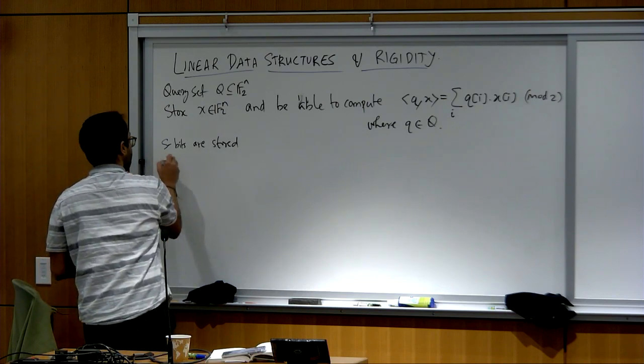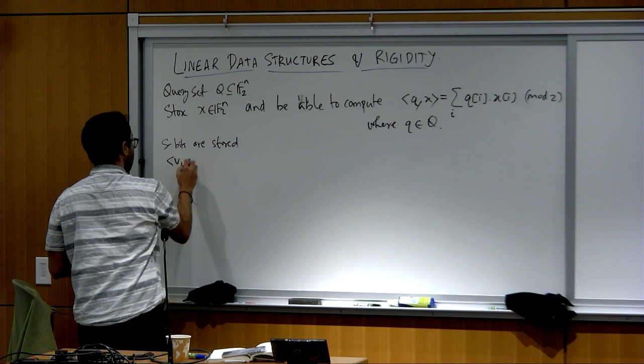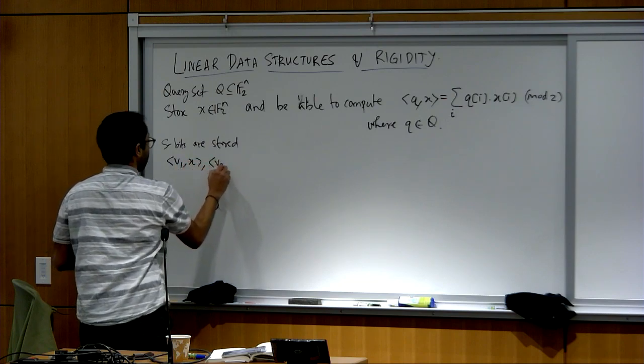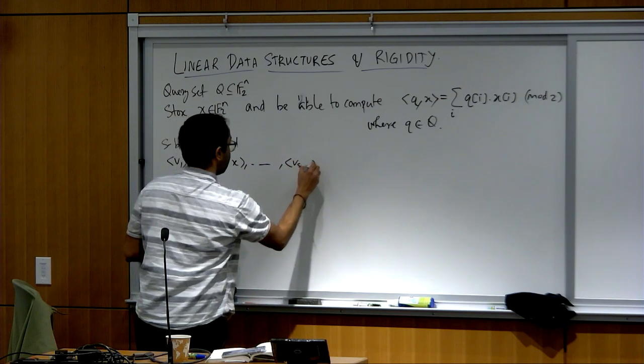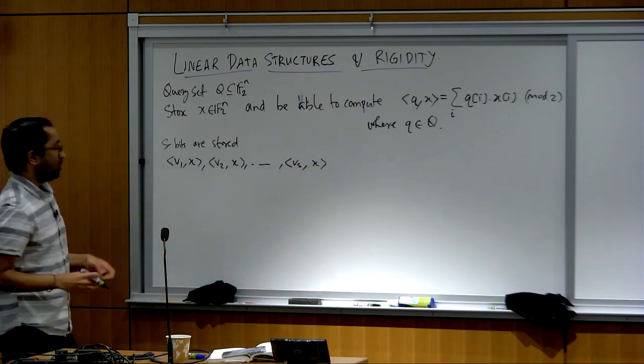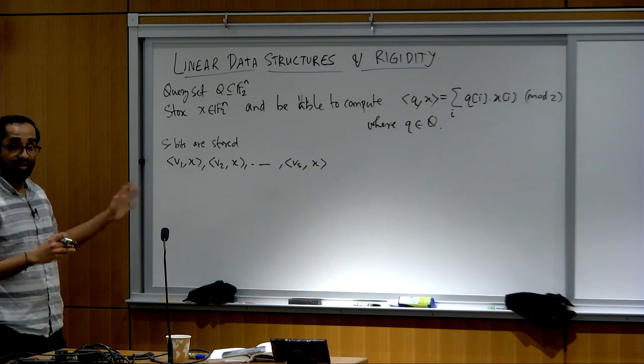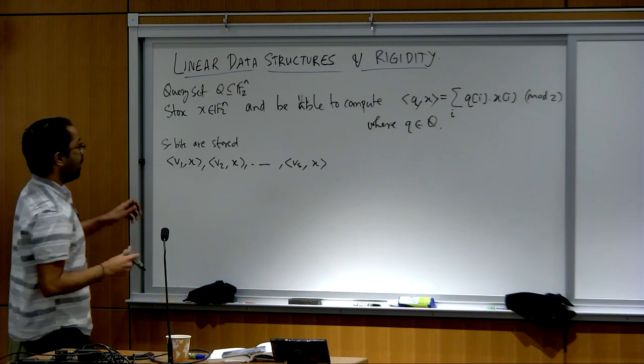So you store the inner product of v1 with x, of v2 with x, and so on, up to vs with x. This is all the information that you have about x, and the query algorithm